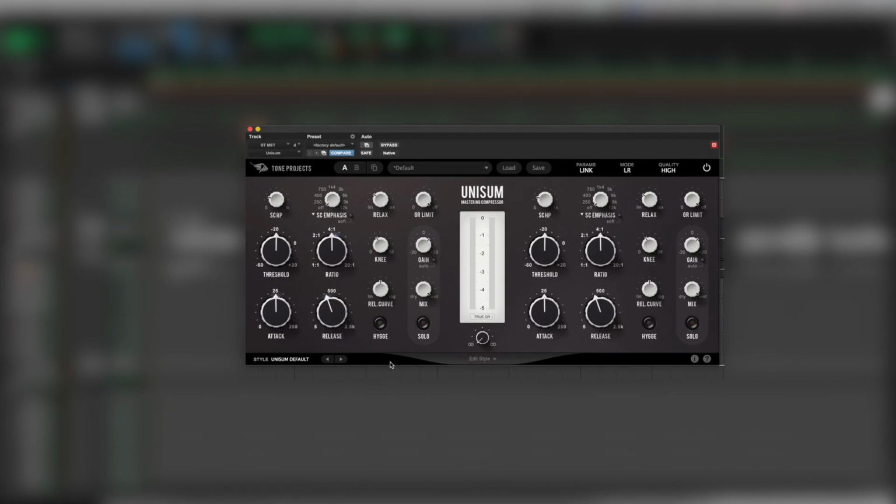If I had to describe what differentiates this mastering compressor from some of the others out there, I would say two things. Firstly, I haven't seen anything on the market with this level of configurability, and you'll see what I mean in a moment. The amount of control this affords the engineer, if you want to dig in and use it, is remarkable. And the second thing is its transparency. If you want pure and clean but still very pleasing sounding compression, I personally am loving what I'm hearing from